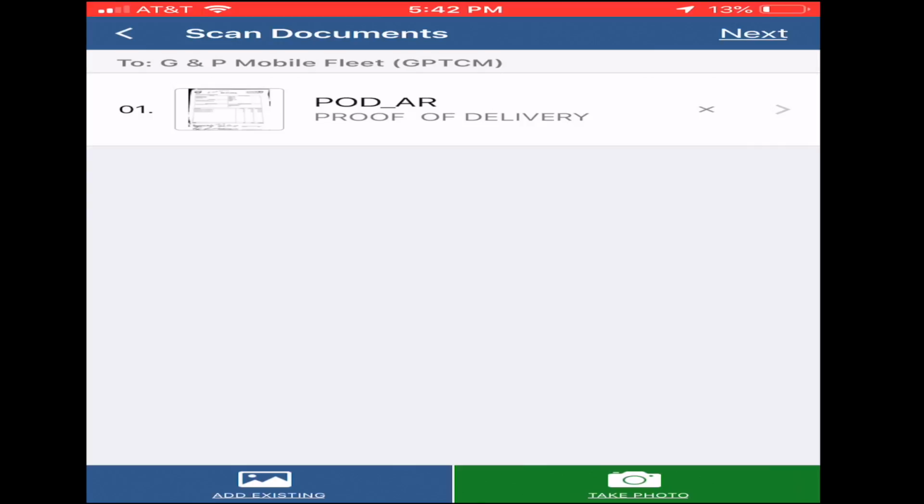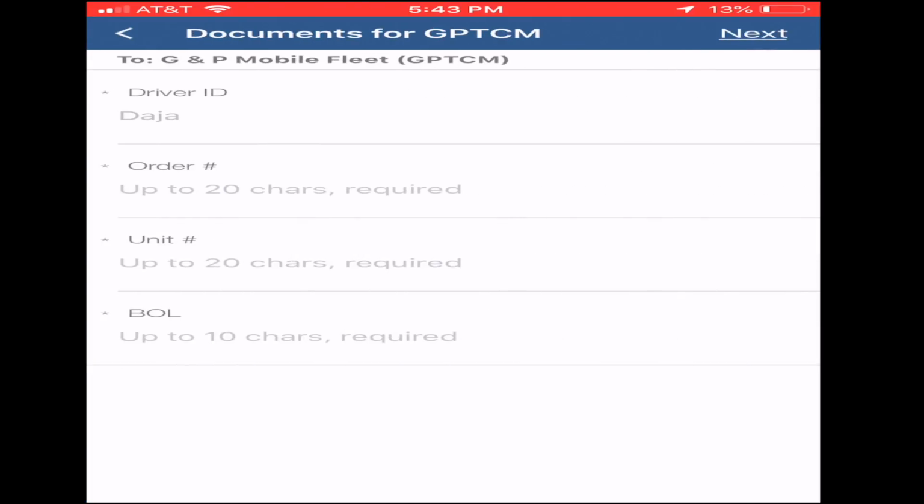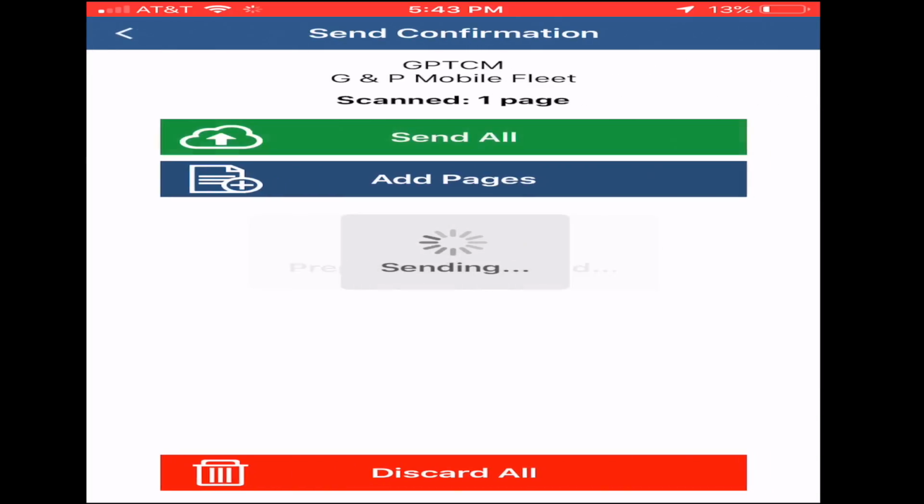And in this case, we're only scanning one, but if you had 2 or more pages, just hit Take Photo again and add those to it. But since we're only doing one, we'll click Next. Here you'll enter your order information, your truck number, and your bill of lading number. Once you have that in, you will hit next and send all,